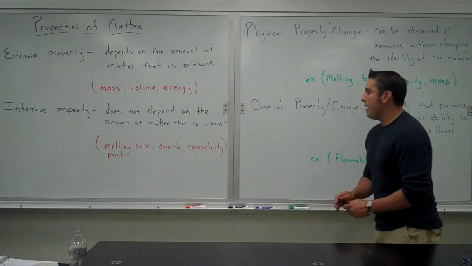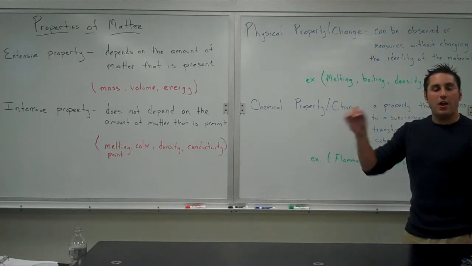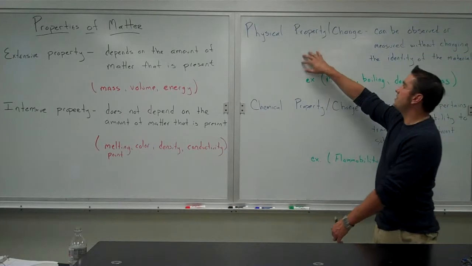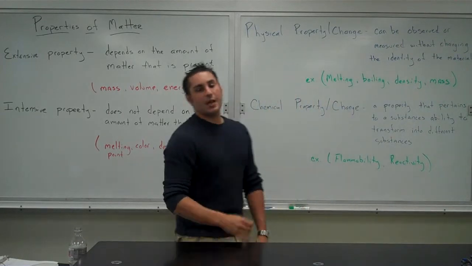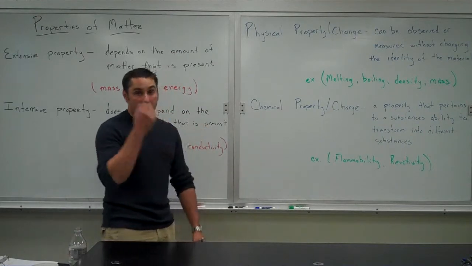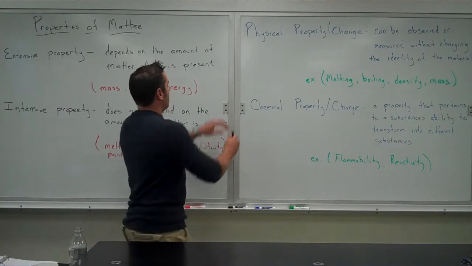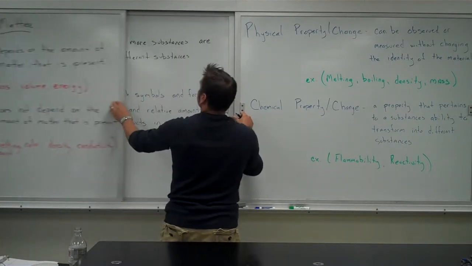So the big thing to remember, chemical changes result in a new formula of a substance. Physical changes, the formula of a substance or a mixture or an element remains the same. Cooking is another great example of a chemical change. Anytime